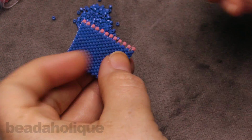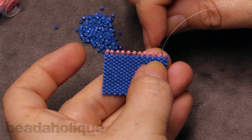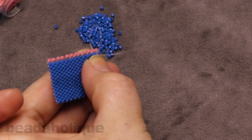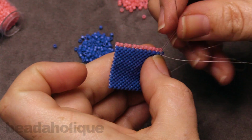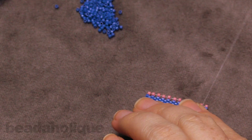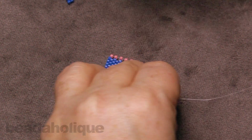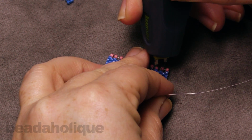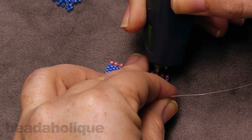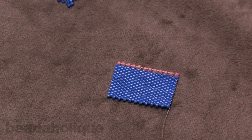All right. And to tie it off, I'm just getting my needle down and underneath one of those little thread bridges there. And I'm just going to create a little loop and tie a little knot there. And then that's ready to be put into the edge. So you can use your thread zap or thread snips to come in there and zap off that thread. There we go. All right. Okay, so this is what you'll have for your first side